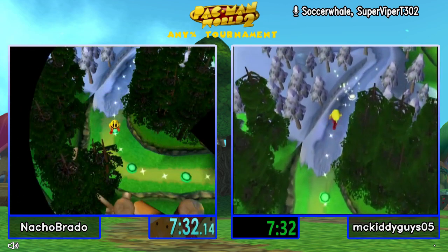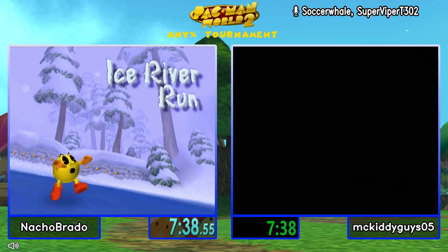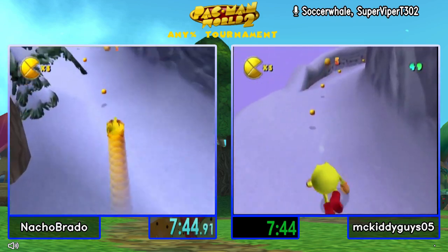Yeah, Nacho's early game mistakes. Definitely. I haven't been watching for the past few minutes, but he's definitely seemed to have caught up a lot since his early game. So yeah. Ice River Run is obviously the first of the Ice World, which is probably one of the harder worlds, especially